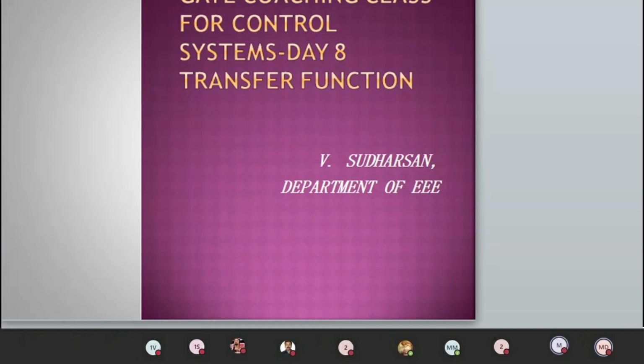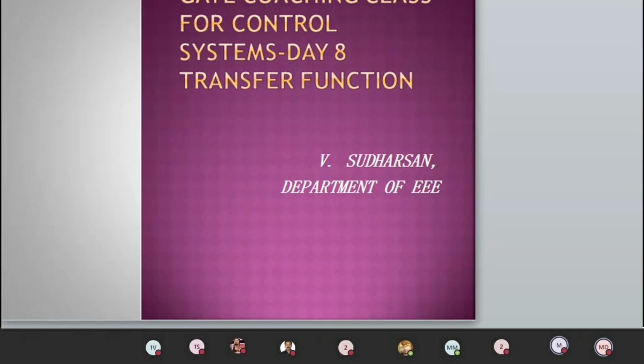Now, in the previous two sessions, as you are aware, we discussed block diagram reduction and signal flow graph, and we saw various techniques required to minimize the block diagram and estimate the gain. But you should understand one thing: the goal of the block diagram and signal flow graph is the same, that is to determine the transfer function of a given system. In this class, we are specifically going to discuss certain problems asked in GATE examinations to determine the transfer function.